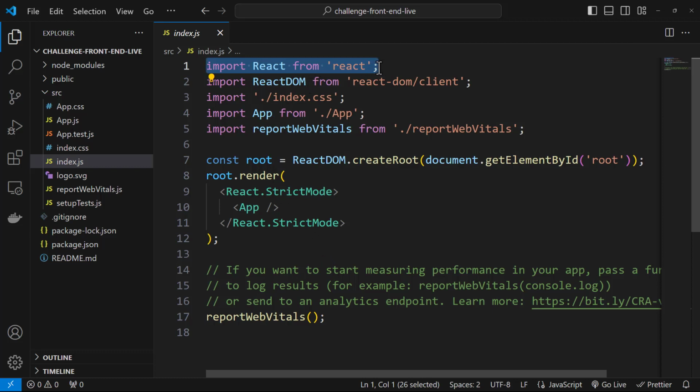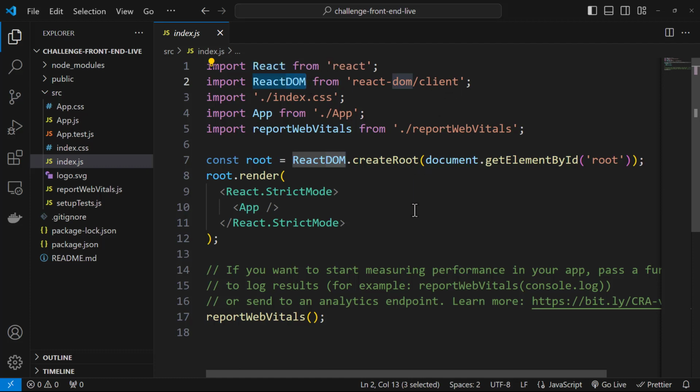So that is what is happening at the first line. Second line, we are importing the React DOM. Now React DOM is a client API which is used for rendering the React components to the DOM. So DOM means document object model. Okay, so if you're doing web development, you often have to work with the document object model on a web page